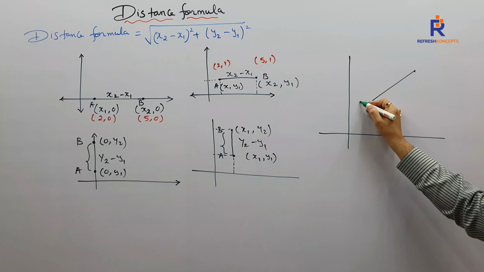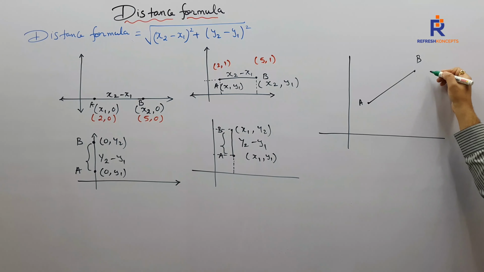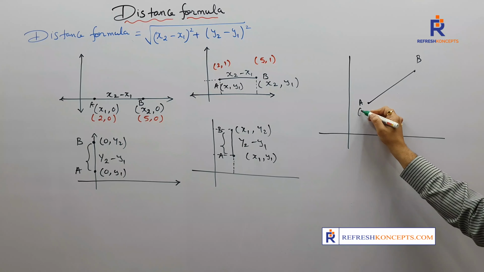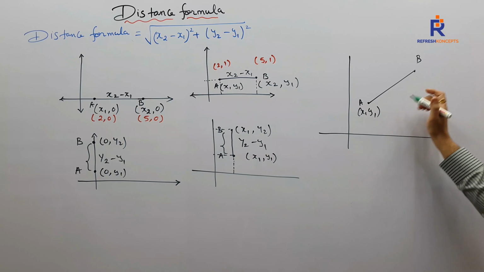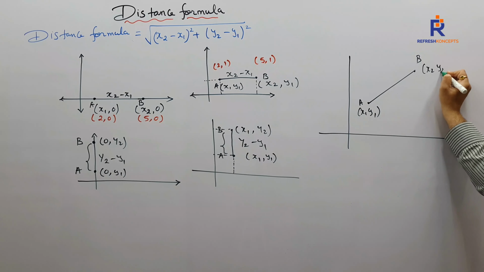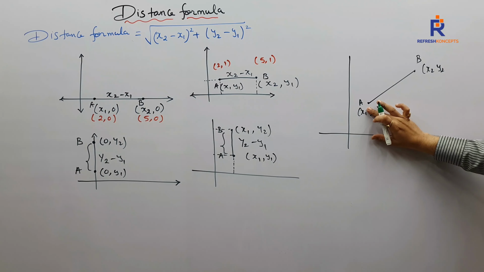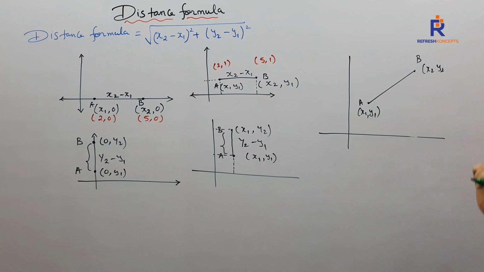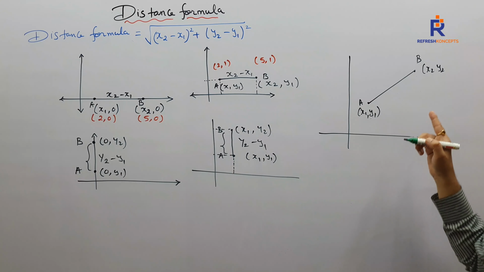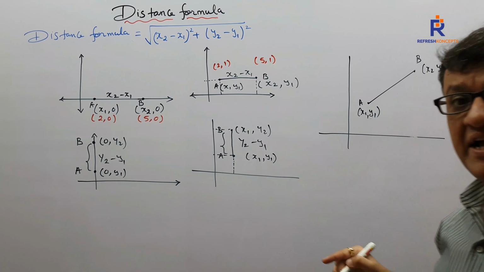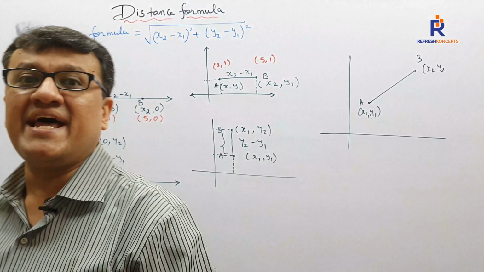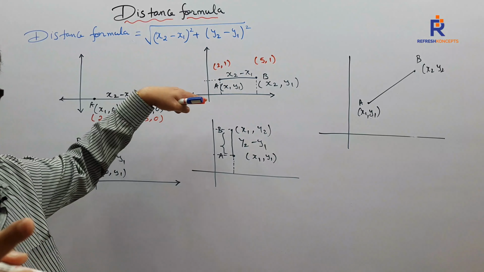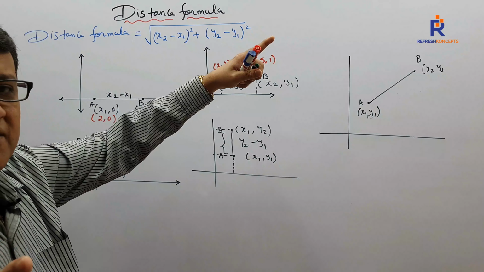Naturally, if this were to be my point A, since it's an inclined line, no coordinates will be the same as we had seen over here. So, will I have x1, y1? Will I have x2, y2? Am I right, children? Will I have this as x1, y1? And will I have this as x2, y2? Now if I were to find out the distance between A and B, which is neither parallel to x-axis nor parallel to y-axis, it's an inclined line, how can we do so?